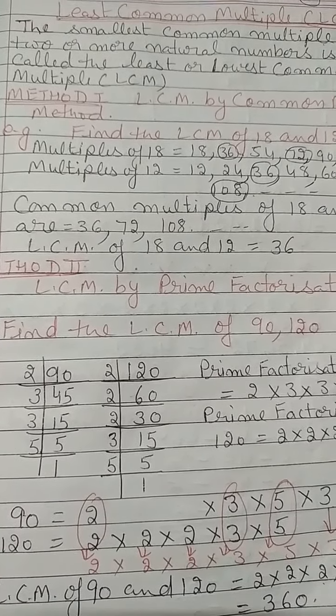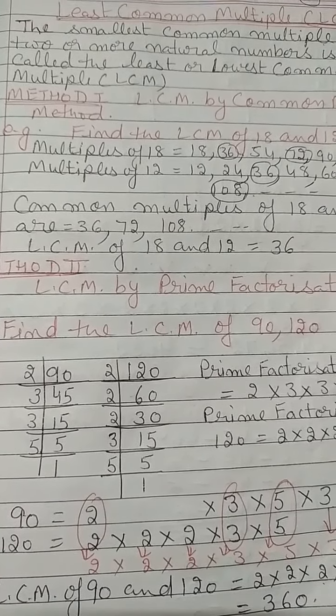So here, if we have to find the LCM of 18 and 12, so multiples of 18 and multiples of 12, you first write the table of 18, then the table of 12. And I already told you multiple means the numbers go infinite. So here, multiples of 18, you write the 18 table: 18, 36, 54, 72, 90, 108 and so on. Like 18 ones are 18, 18 twos are 36, 18 threes are 54, 18 fours are 72, 18 fives are 90 and so on. And you have to mark endless.